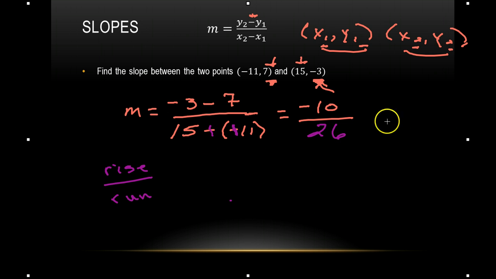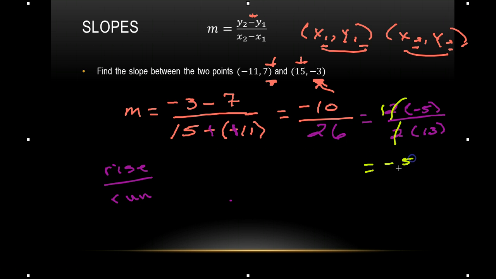However, we always want to reduce our fractions. Both of these are even numbers, so I know 2 goes into both of them. Or to get us more prepared for future algebraic concepts, we could rewrite the -10 as 2 times a -5, and 26 is 2 times 13. They both share a factor of 2. That's what gets canceled. Anything on top that matches with anything on the bottom is 1. 2 divided by 2 is 1. 1 times anything just gives me my anything back. So my slope is